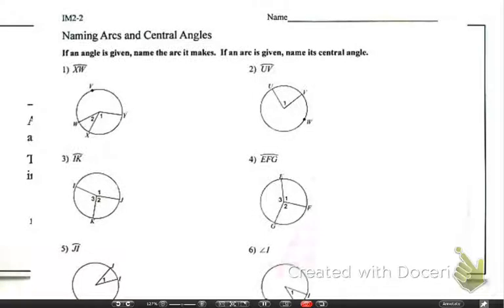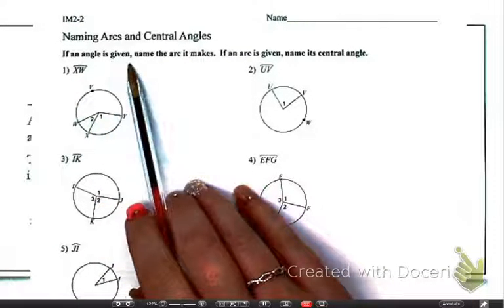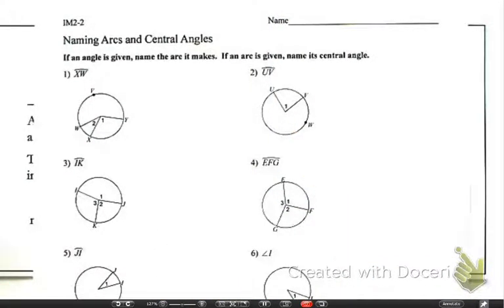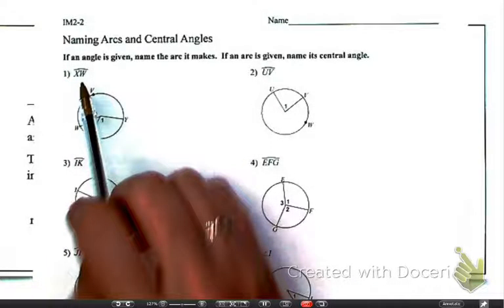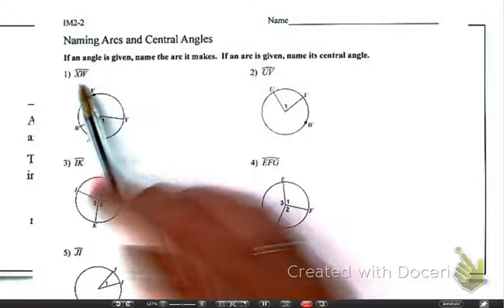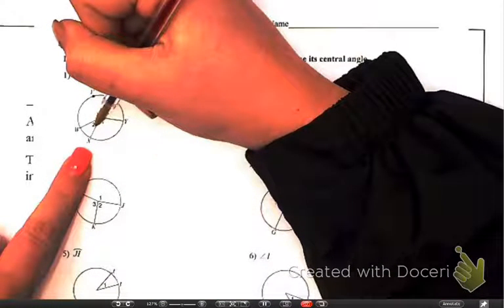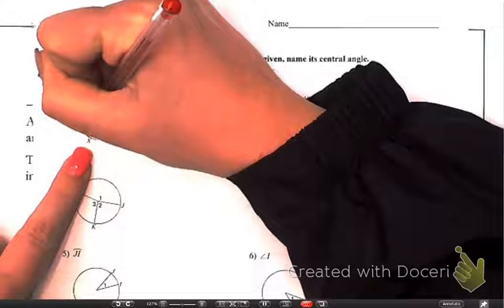All right, so it says, if an angle is given, name the arc that makes it. If an arc is given, name the central angle. So here we are given arc XW. So arc XW starts at X, try to make sure you can see, and goes to W. Here is arc